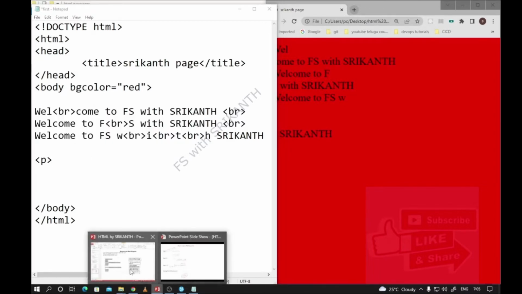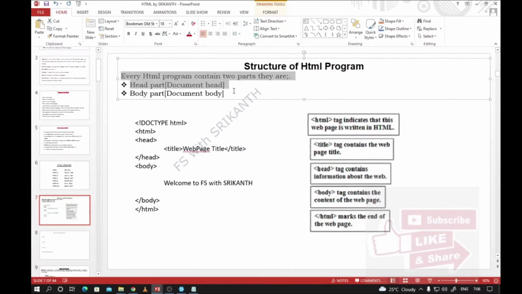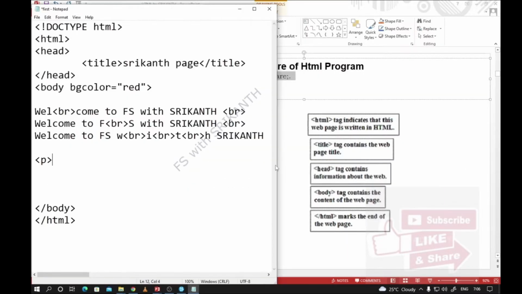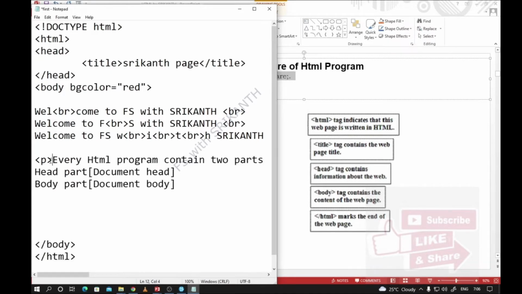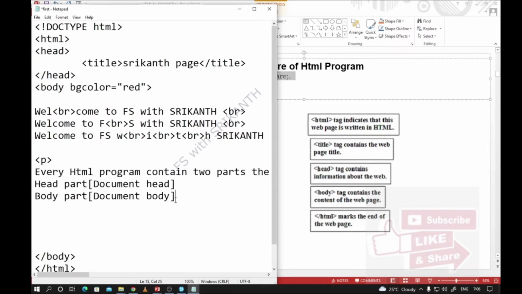I want to copy this one and paste it here. After the paragraph we are closing, so this is a p tag, right. So just observe, when I am saving here, save,